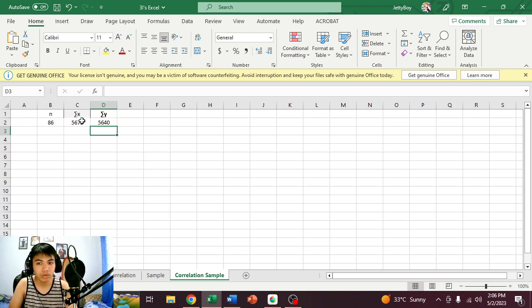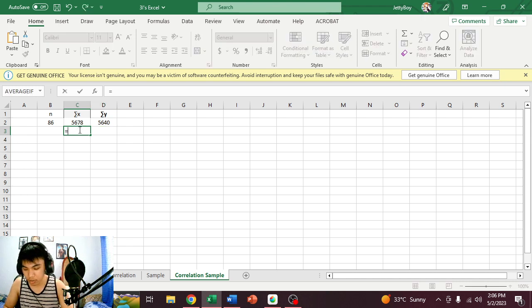No, because if we multiply the summation of x to the summation of y, it would actually overload the correlation equation, and you won't be able to have the proper